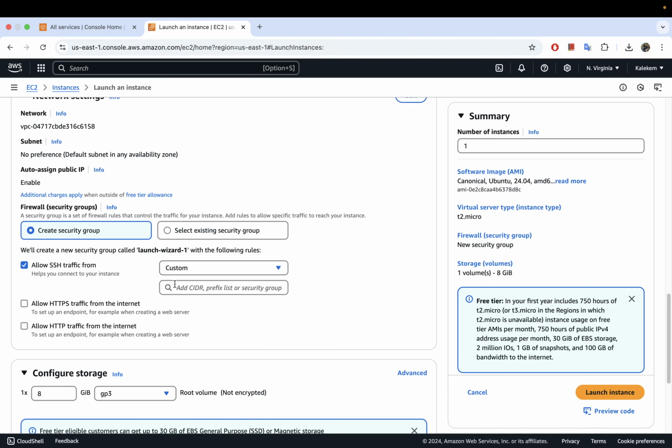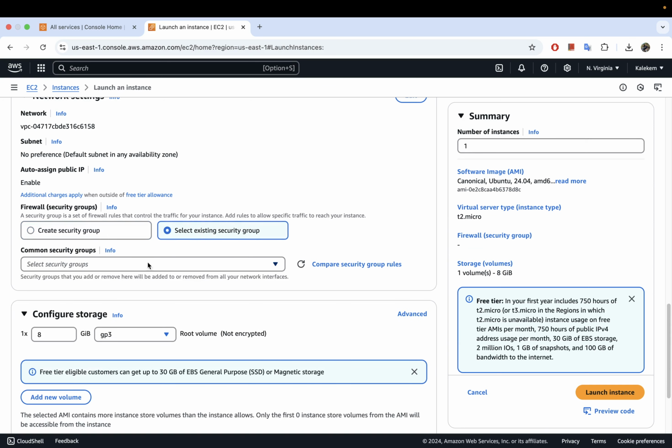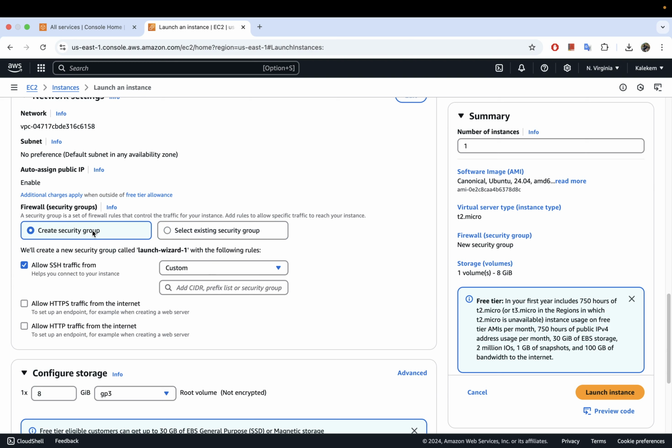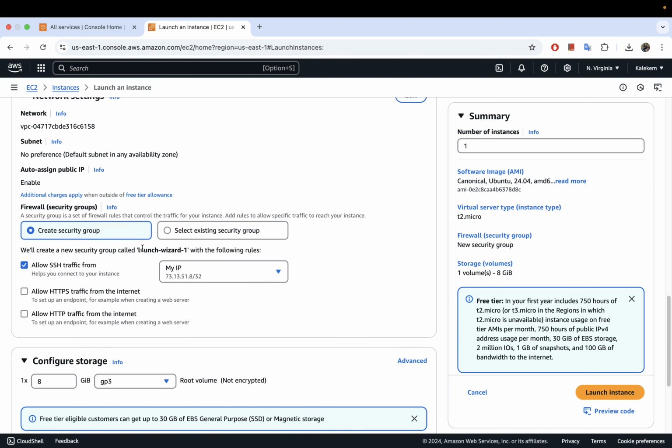You can do it from here itself, but you can also select a security group. If there's a security group that you've been using, you can use an existing one and just go ahead and create the VM. Again, for this one, I'm going to use my IP,